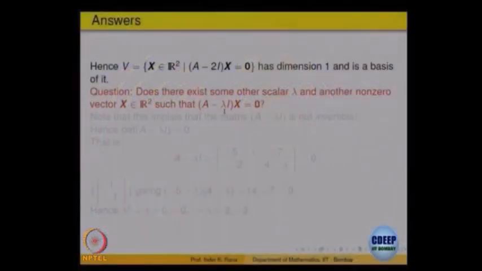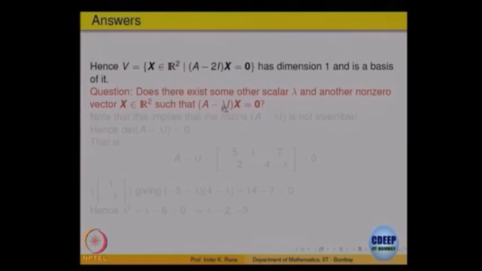So, what do we want to do? We want to find a scalar lambda such that (A minus lambda I) applied to x is equal to 0, with a non-zero vector x. Earlier I gave you, without any motivation, 1 and minus 1, and said that it has that property and the scalar comes out to be 2. So, if this is equal to 0 for a non-zero x, what does that mean?